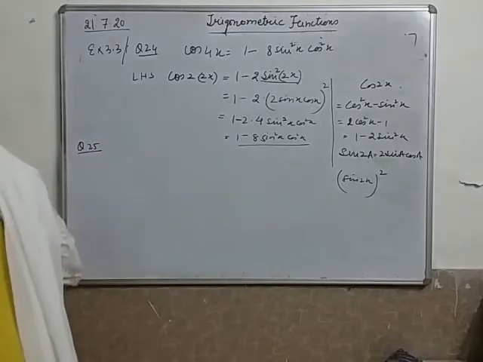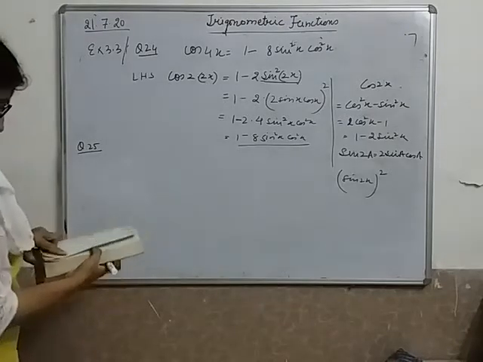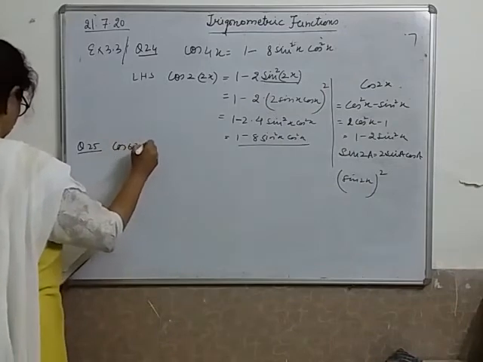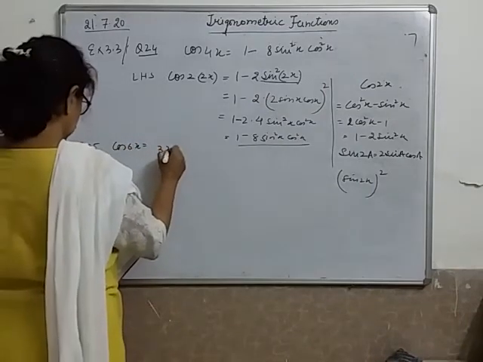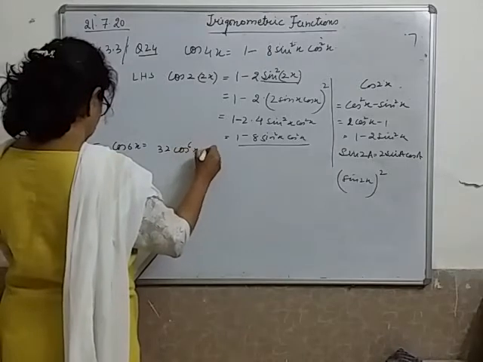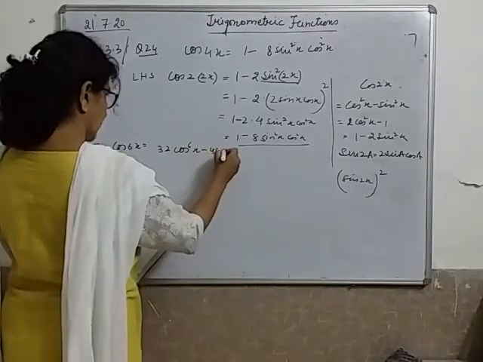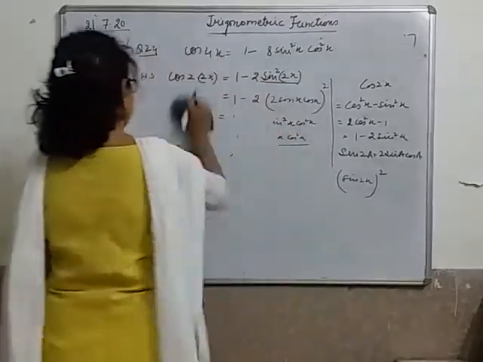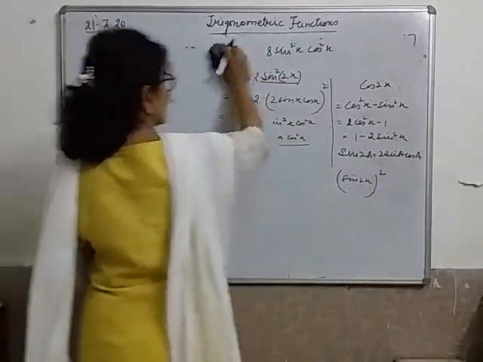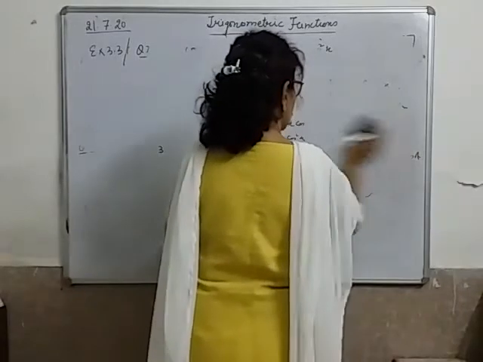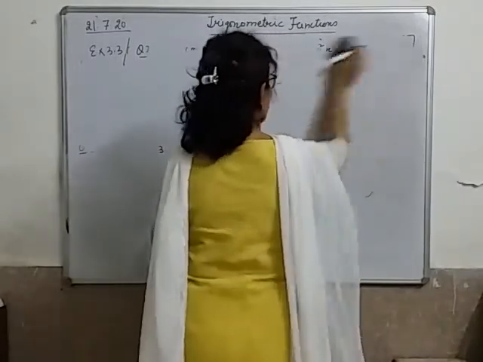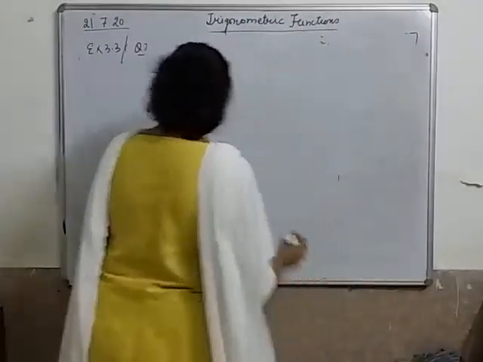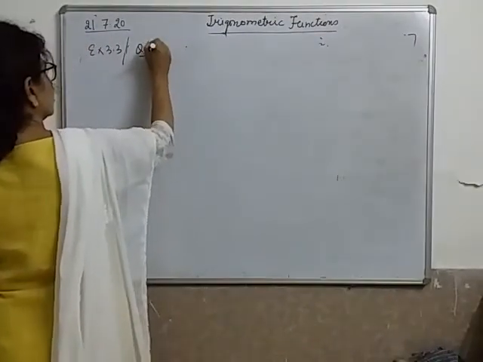So what you have to think in this question is, where is it? Okay, cos 6x is equal to... I will not complete this question here. 32 cos 6x minus 48 cos... if I have to complete, I think I should rub the board. Okay, I do it, only then it will come completely, otherwise it won't come. And last for the day and last for the exercise. Yeah, this is the 25th question.